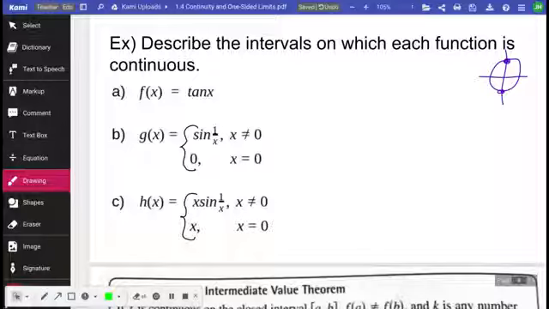And as many times as we go around, forever and ever, it's going to be that way. The initial interval we were used to would be negative pi over 2 to pi over 2, pi over 2 being this top guy, and negative pi over 2 going the other direction here. And if I did that again and again, in either direction,